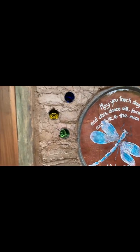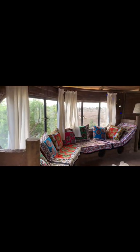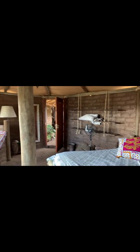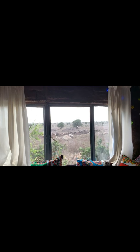Welcome to the mud house. It is now finished, and you can see the beautiful bay windows, the main bed, which is all fixed in, the nice bedboard, some of these lovely little bottles that have gone into the wall there, and the beautiful light. It's quite dull light during the day. In here,